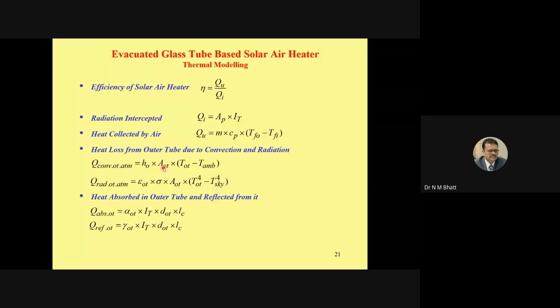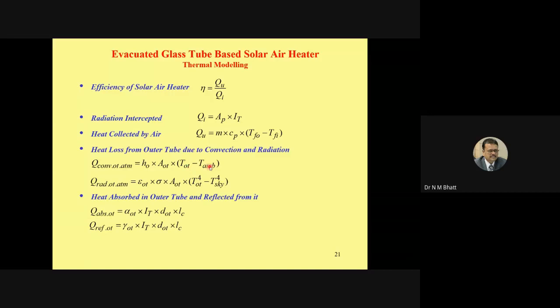Outside surface area you can calculate from the physical dimensions, so it is pi d l. This is the outer tube outer temperature. Here, just for simplicity, because of the lesser temperature difference between outer tube and inner tube, I have mentioned only the outer tube temperature. If you really want to include the intricacy of the conduction through the outer tube, it should be